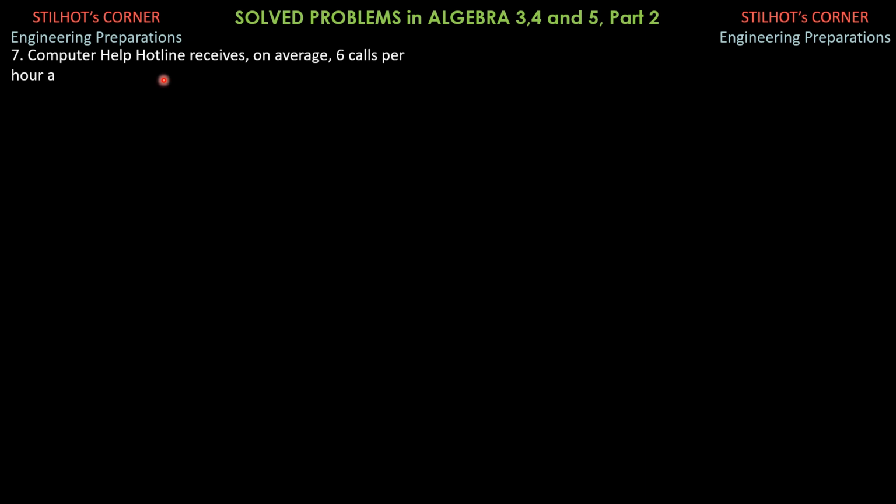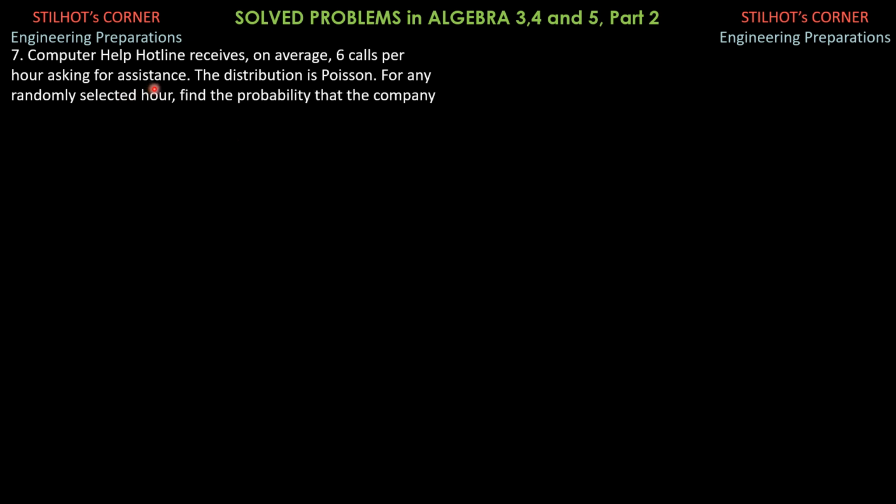So a computer help hotline receives on average 6 calls per hour asking for assistance. The distribution is Poisson's. For any randomly selected hour, find the probability that the company will receive at least 6 calls. So the Poisson's distribution, the formula for exactly x calls is equal to e to the negative